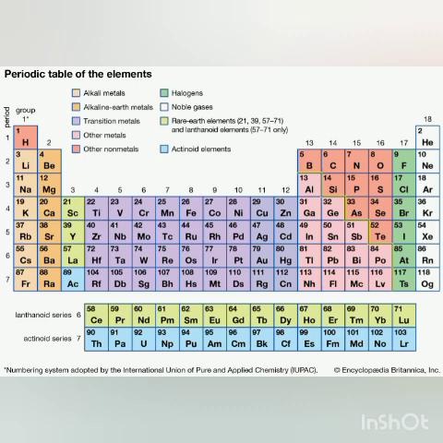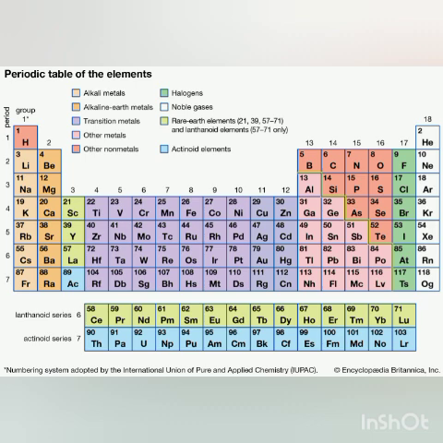So all the elements of group 16, here they will have the valence electron 6 and they will gain 2 electrons and attain the stable configuration. So here the valency of all these elements of group 16 will be minus 2 and they all will behave as non-metals having same chemical and physical properties. So what I mean to say is this: the elements falling in the same group will have same number of valence electrons, or you can say they will have the same electronic configuration, they will have same valency, thereby they will have same physical and chemical properties.